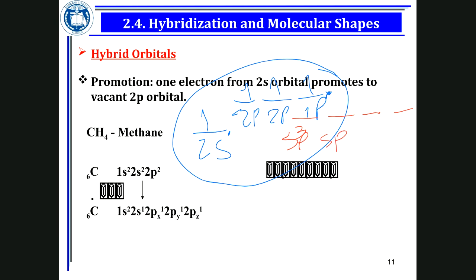And that sp3 was the solution to naming. They said, okay, we're just going to say sp3 because it's coming from one s orbital and 3 p orbitals. But the total is going to be 4 orbitals. Now you have 1 electron in each. For carbon atom, after excitation, you end up with 1 electron in each. And then after hybridization, you end up with 4 orbitals with the same energy level.